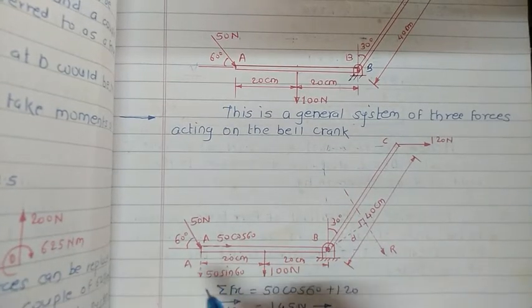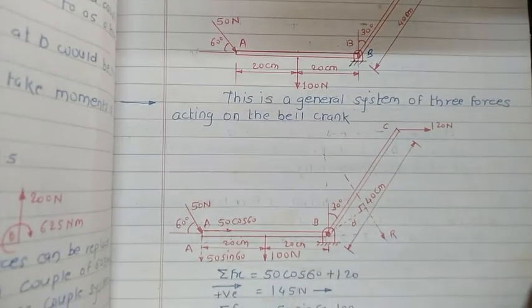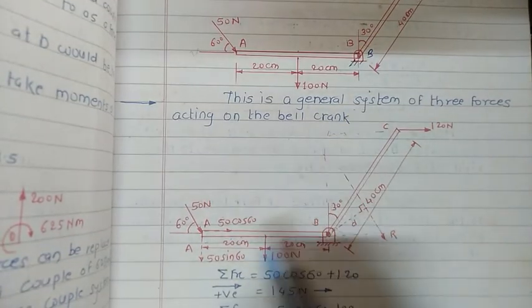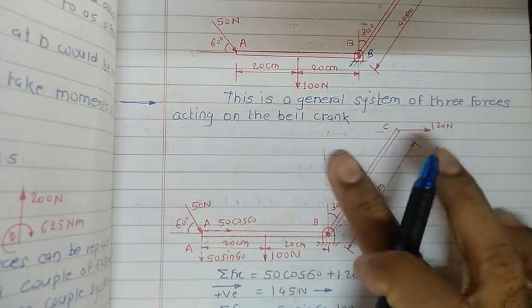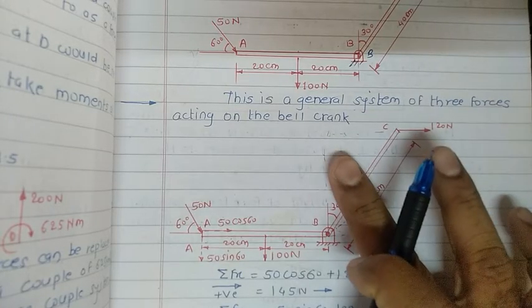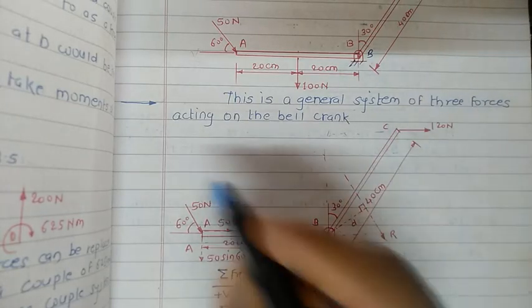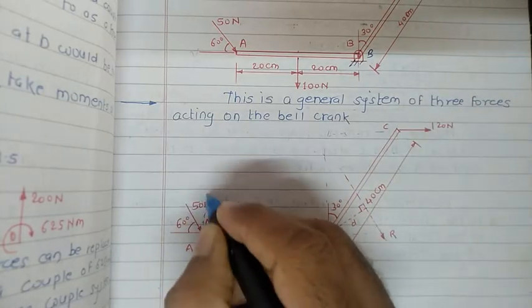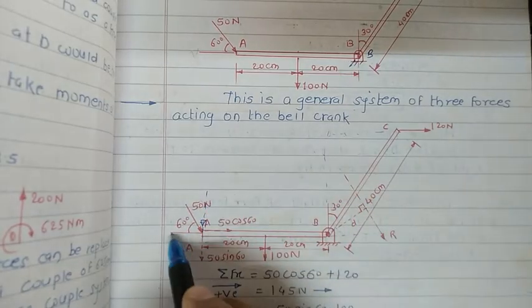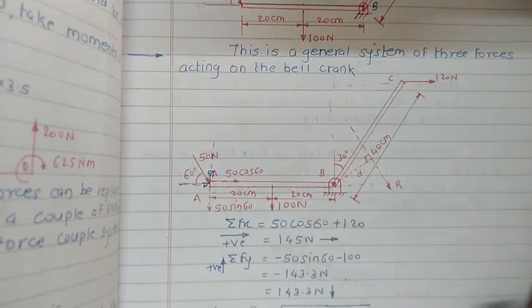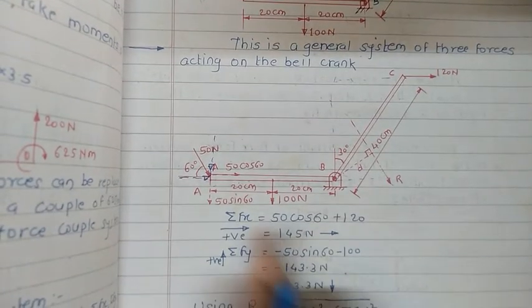First of all, it is very important to resolve the forces. Redraw this diagram and resolve the forces. Initially this point will not come here; it comes in the next step. So redraw this diagram as it is, and in the first step get the value of the summation of all the forces along the horizontal direction, by considering this as the sign convention.